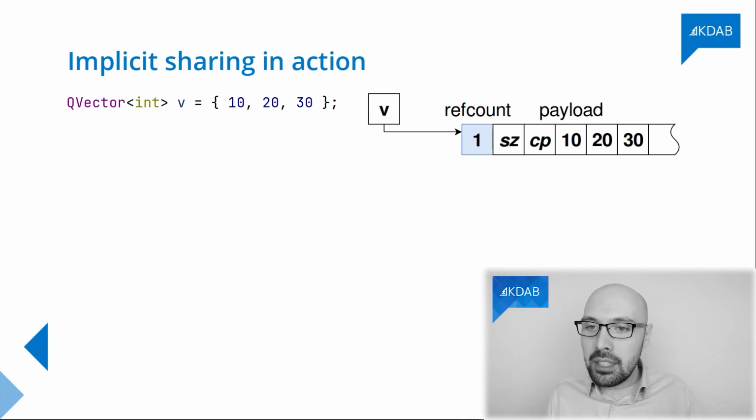And the actual data is heap allocated in this data structure, which is actually the guts of a QVector. So what does a QVector contain? Well, it contains things like bookkeeping, size, capacity, various other stuff. It contains your data, the actual 10, 20, 30 integers, the actual payload. But it also contains somewhere this reference counter. And since this vector v has just been created, we know that its reference counter is 1.